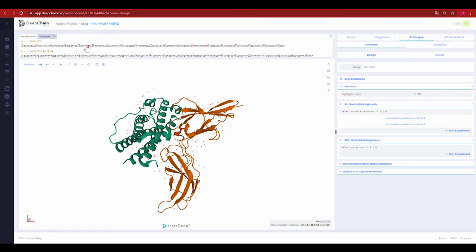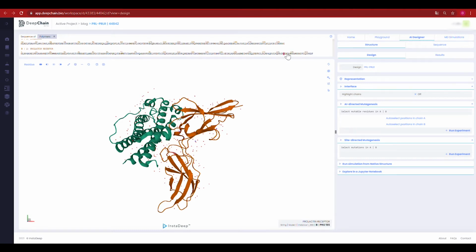In the receptor sequence, we will look for the position 188, which contains histidine, and select it. The letter will be highlighted as well as the position in the structure window. At the same time, in the site-directed mutagenesis window will appear H188_. What we will do is replace it with R, symbol of the arginine amino acid, and then click Run